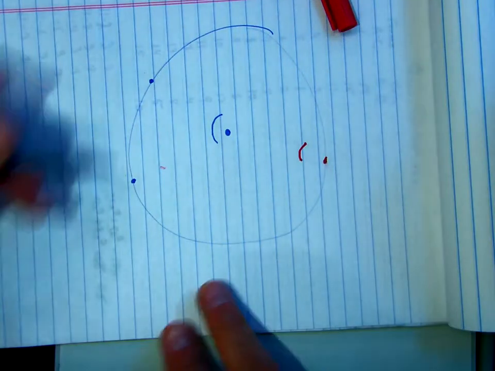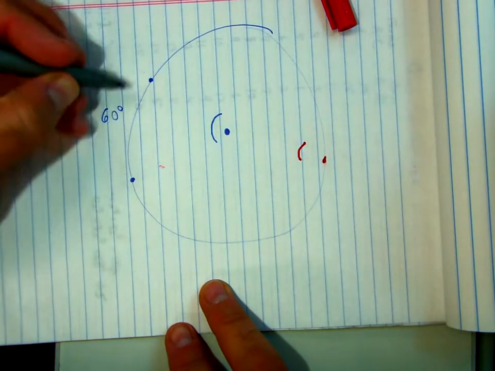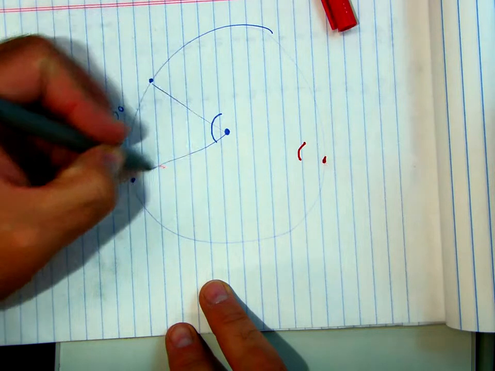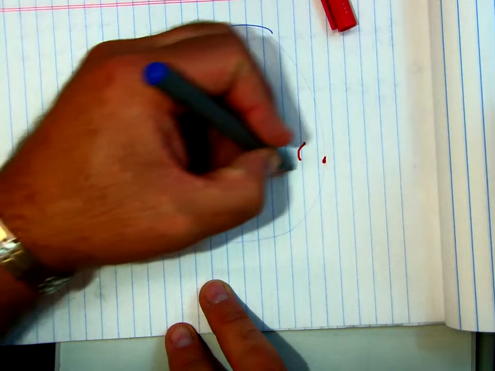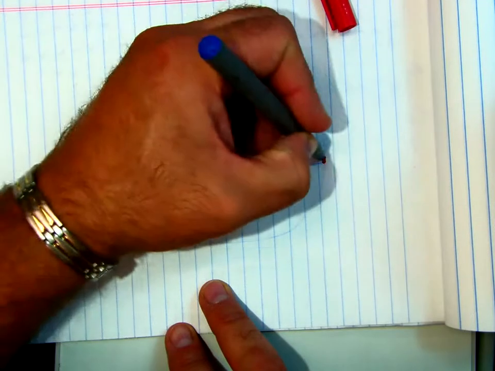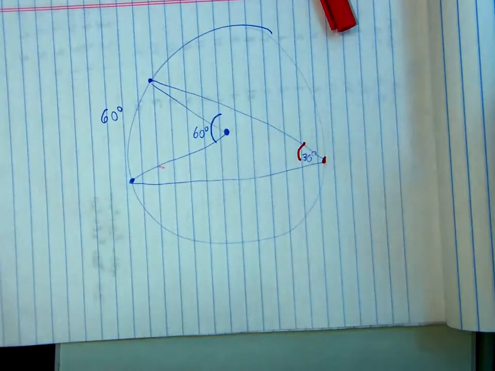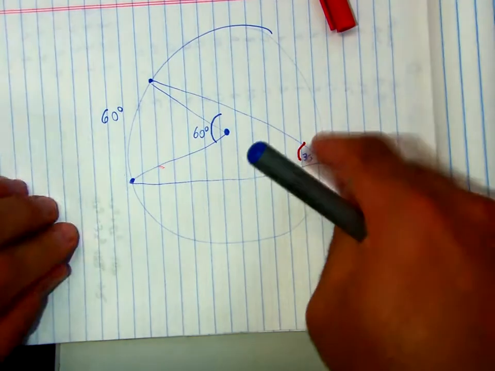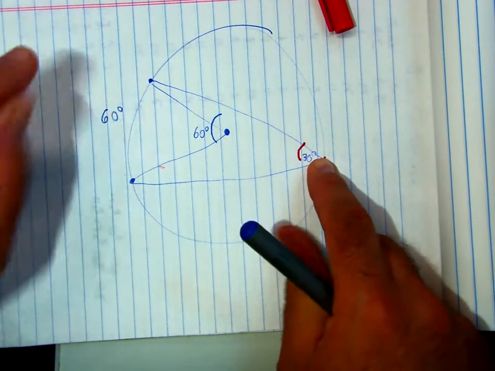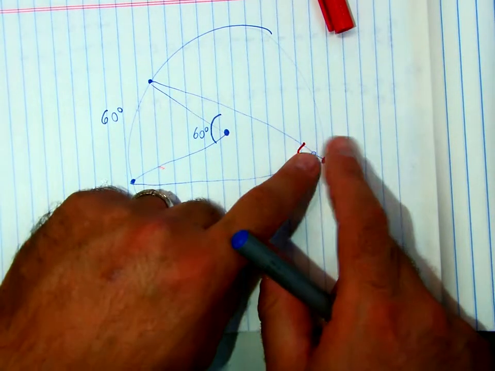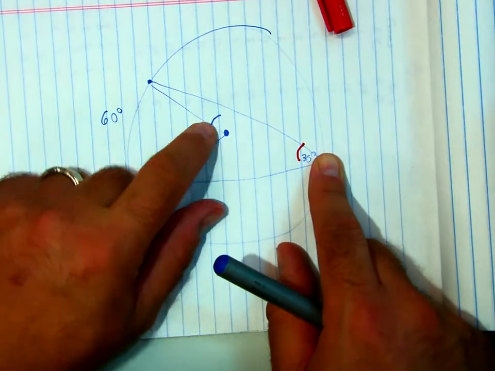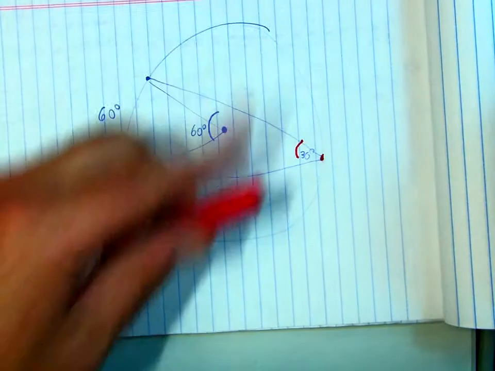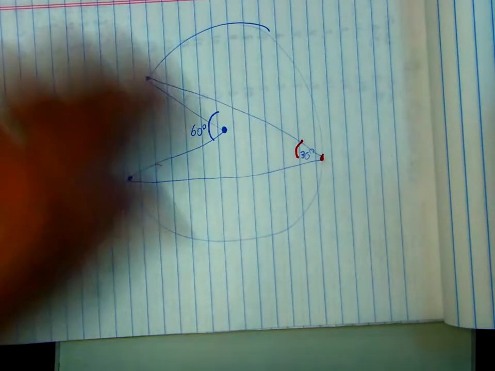So that means if this was 60 degrees, this would be 60. Okay, we've already established that. But this would be 30. Okay? So the inscribed angle is half of the arc. And conversely, if I have the angle, I multiply it by 2, and I get the arc. And the arc and the central angle are the same. So you've got to be able to work forward, backwards, backwards, forwards. Okay, so let's look at